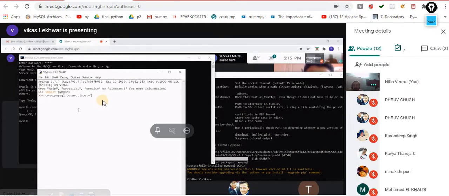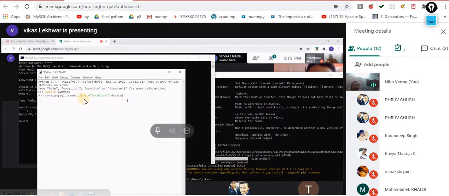Double quotes are okay, single quotes are okay. Localhost, there should not be a space. Make sure there should not be a space. Then press comma at the end of this. Another parameter is the database name. So you have to write database. The variable name is database.